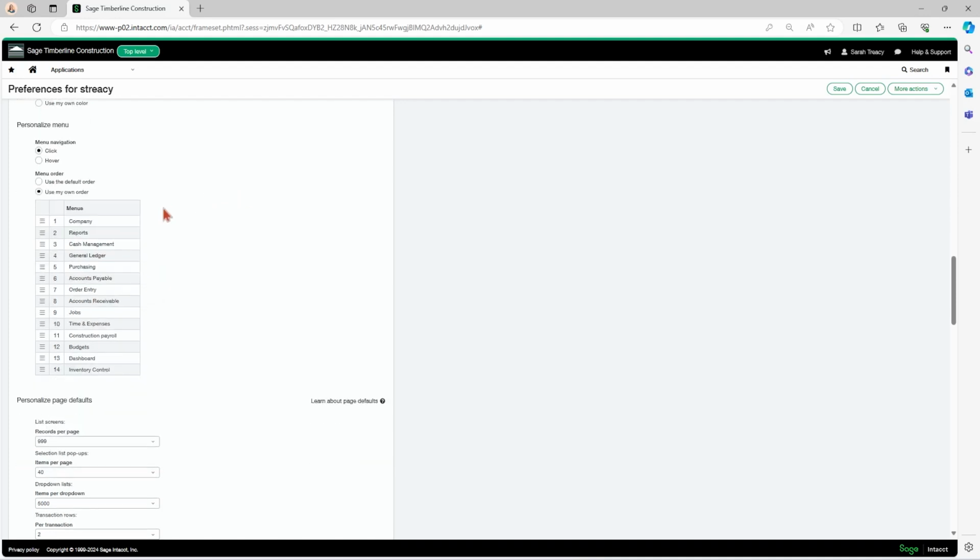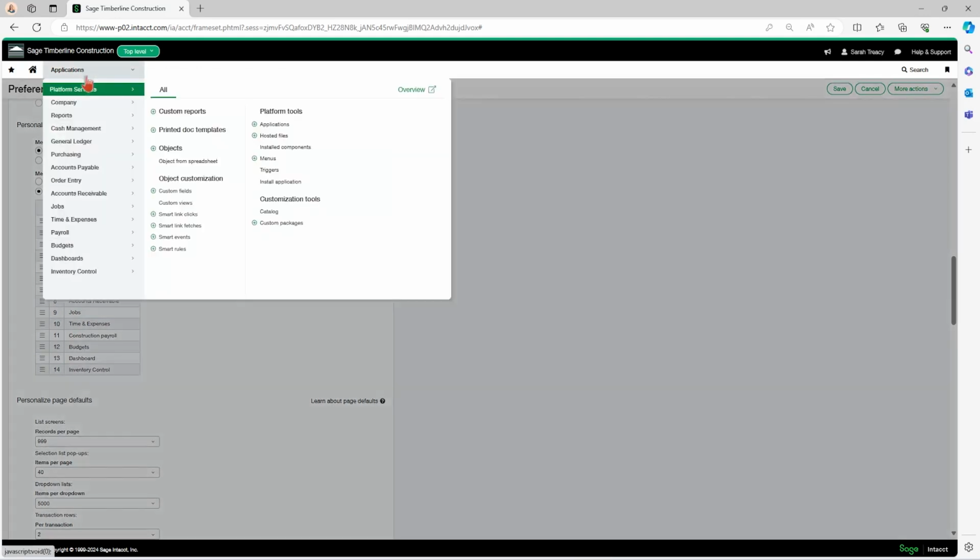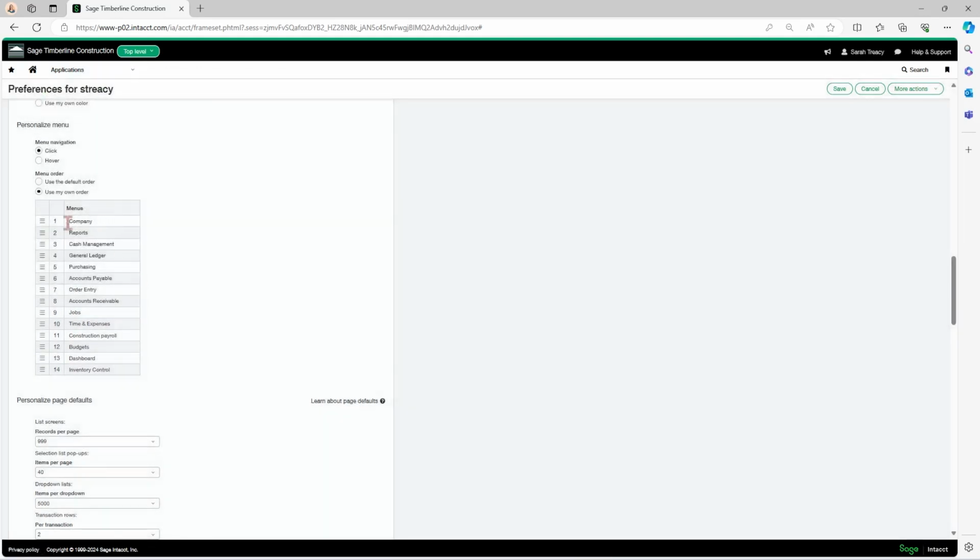And then you can also personalize your menu. So this applications drop-down menu here can be reordered how you like. So you could do it in alphabetical order, or you could do whatever you use most on top. So you put your cursor to the side and you can move them around to whatever order you